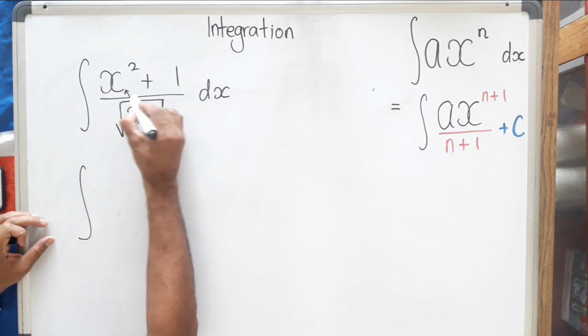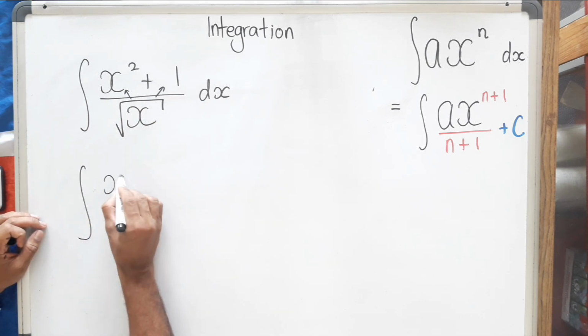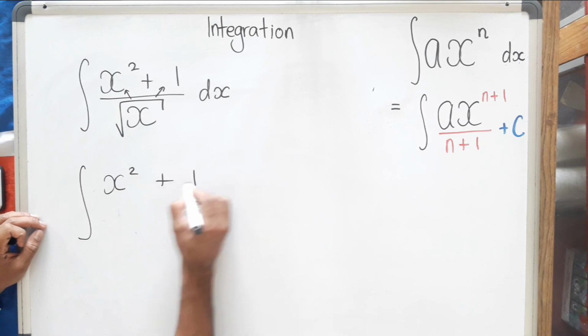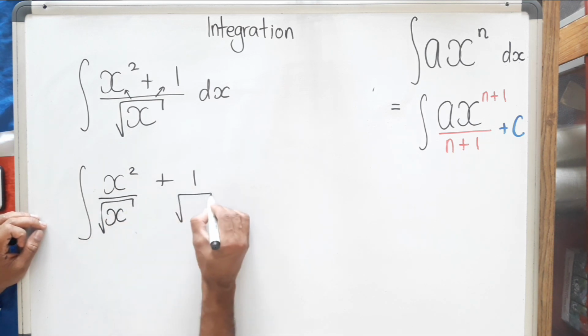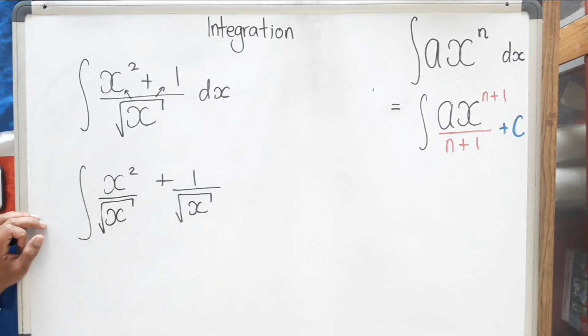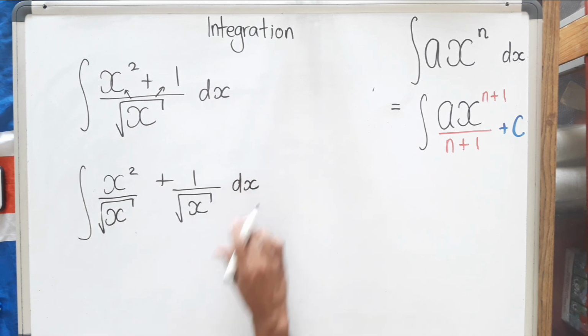This means that both of them on top get divided by the square root of x. So we have x squared plus 1, and both of them individually get divided by the square root of x. Just going to put back the dx here to remind ourselves, hey, we're integrating x. Now,